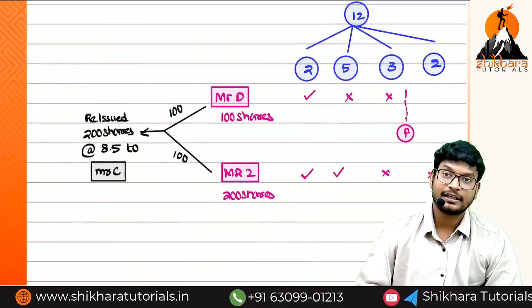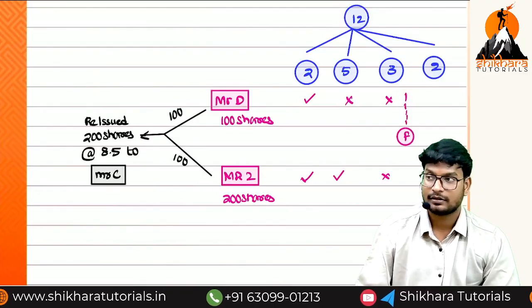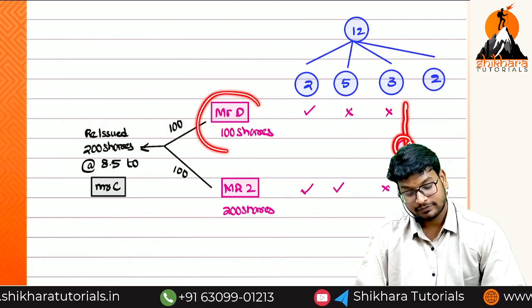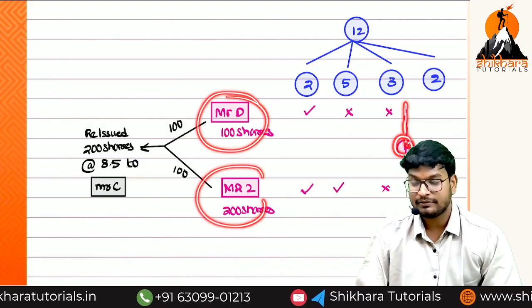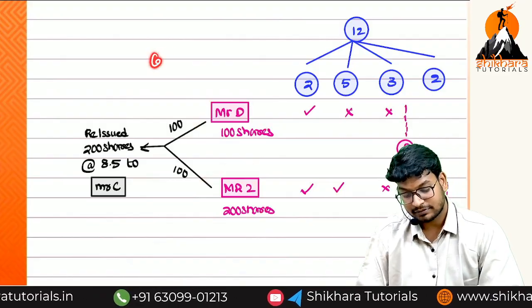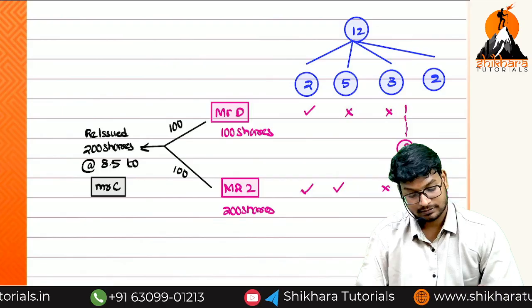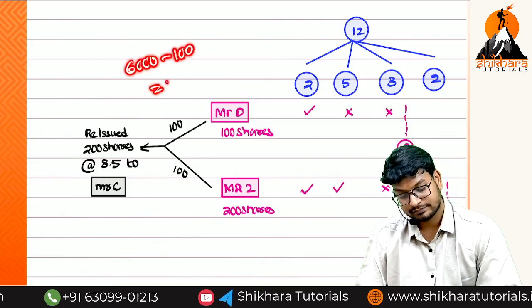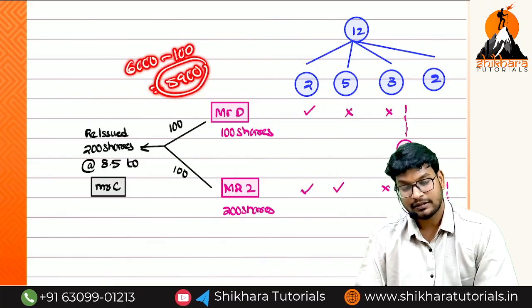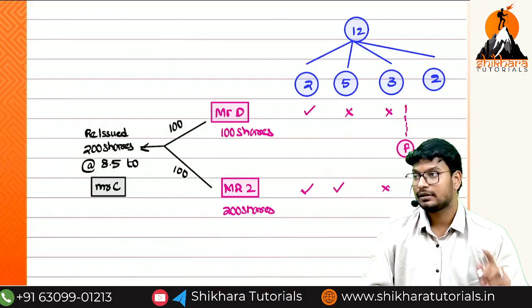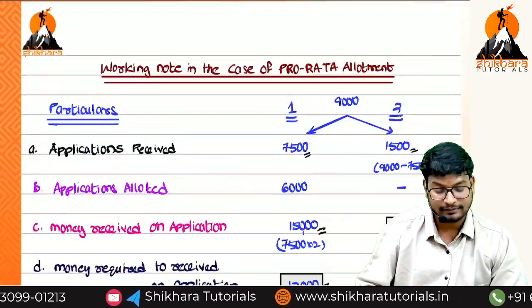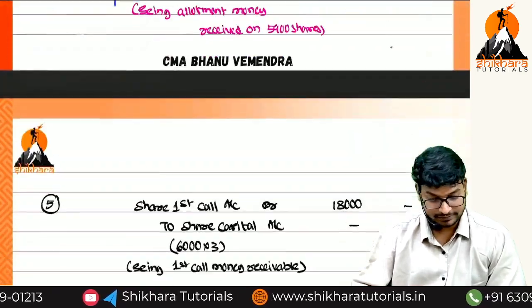When coming to the final call, how many shares will be there? 100 shares we have already forfeited. Remaining how many shares will be there? Out of 6,000, 100 shares already forfeited means 5,900 only will come into the picture in the case of final call. We have to write for only 5,900 shares. Okay, I will come once again at that point of time. Now,